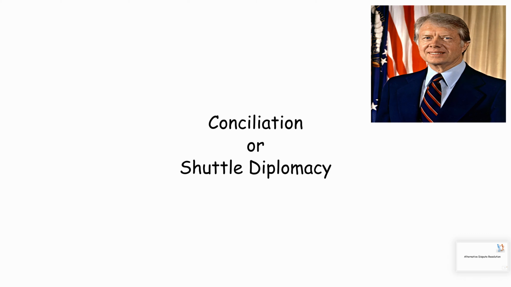Number 3, you have conciliation, also known as shuttle diplomacy. Think of a shuttle. It kind of flies from place to place. Think about President Jimmy Carter during the Israel-Egypt conflict. He was a conciliator. He used shuttle diplomacy to go back and forth at Camp David to talk to both parties. Usually that means that the parties involved are not in the same room. The person who's working to help resolve the situation is actually going from room to room, conveying information and helping the parties to come to some sort of resolution.